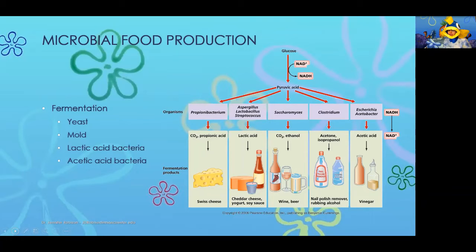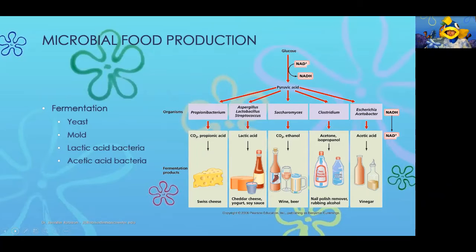So you have yeast, which is used to make CO2 and ethanol. Saccharomyces is the most common type of yeast used, and it is typically found in wine, beers, and cheeses. You have molds, which are often found in cheeses as well. These will produce some lactic acid, and then your lactic acid bacteria produce lactic acid, and your acetic acid bacteria